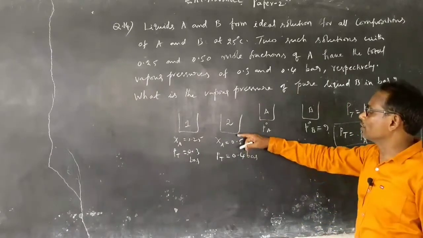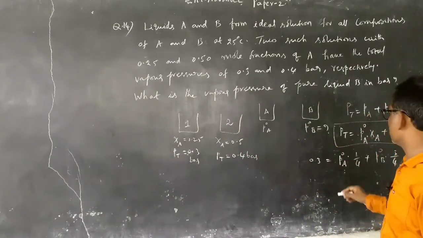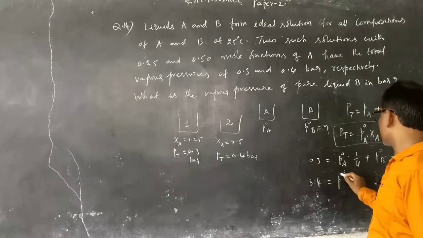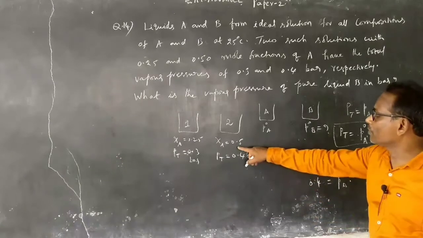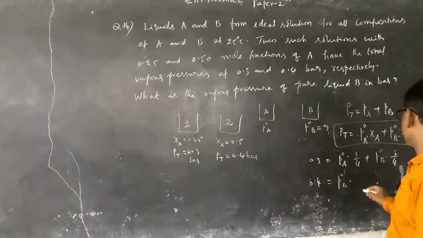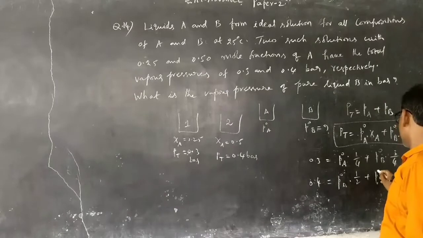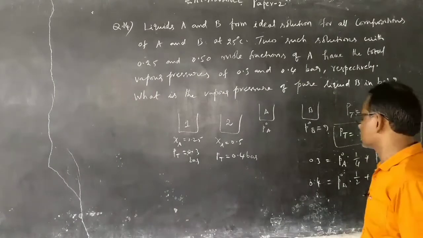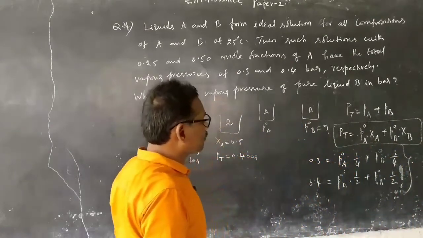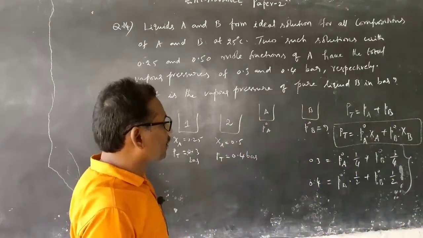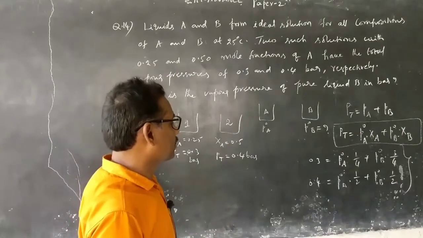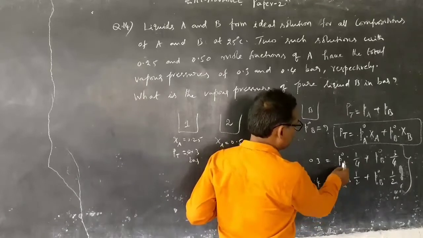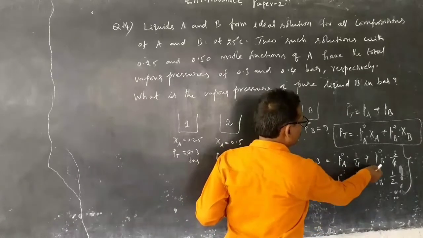Let us try to get one more equation by using the second solution. That is, the total pressure is 0.4 bar, and here it is 50 and 50%. Mole fraction of A is 1 by 2, and automatically B is also 1 by 2. So these are the two equations we got. These two equations will help us to get P naught of A and P naught of B. For example, if the P naught of A term is cancelled, then you will get some information about P naught of B.